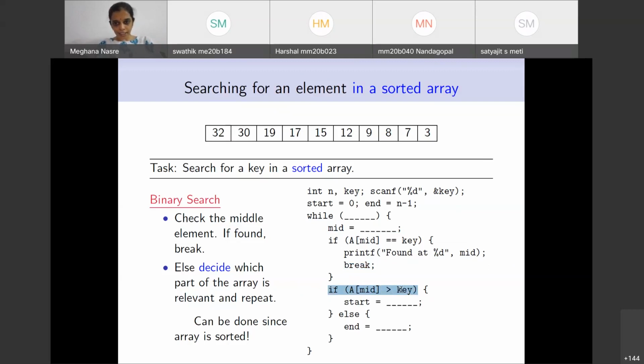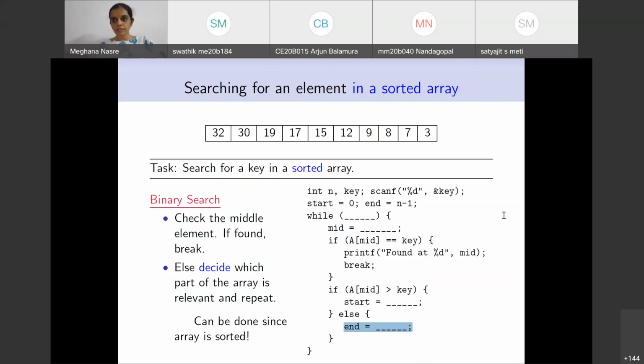If a mid is greater than key, then we are going to modify the start index of the array such that the array gets shrunk. Else, it must be the case that a mid is strictly less than key, because it cannot happen that a mid is equal to key. Then we are going to modify the end index of the array. And those are the four things that you need to write down. All of you spend a minute, think about it, write down the fill-ups, and then we will see what answers you have written. So please write down fill-up 1, fill-up 2, just like what you have been used to doing in the exam.